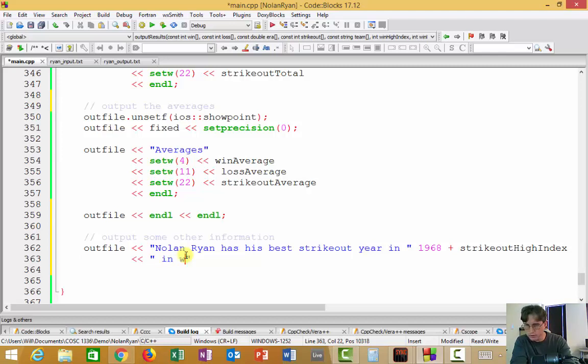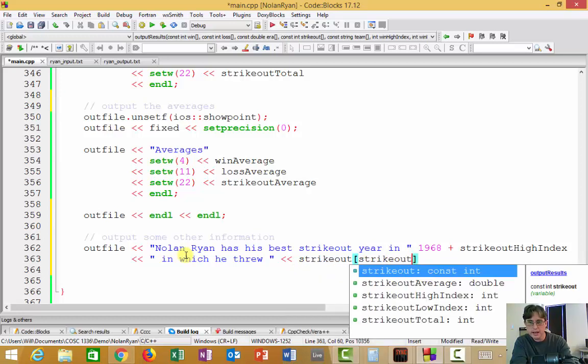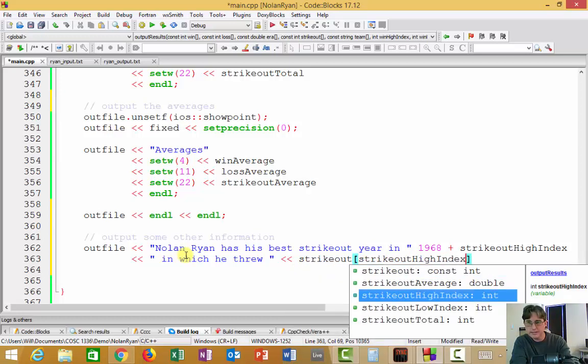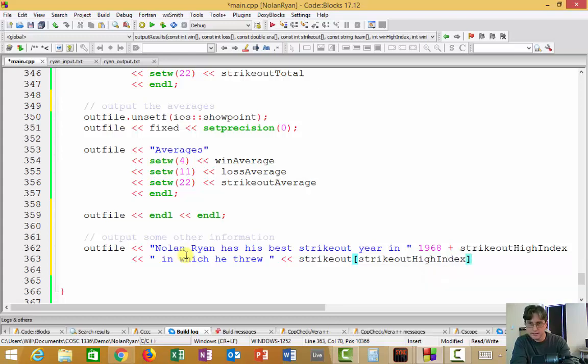And then some more text in which he threw, space, how many strikeouts. That would have been strikeout sub strikeout high index. All right? And then some more text maybe: strikeouts for the,